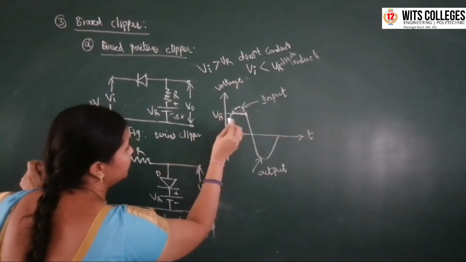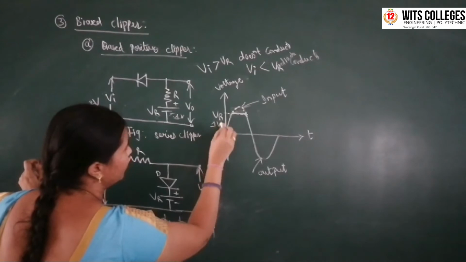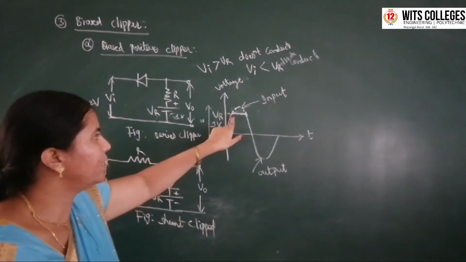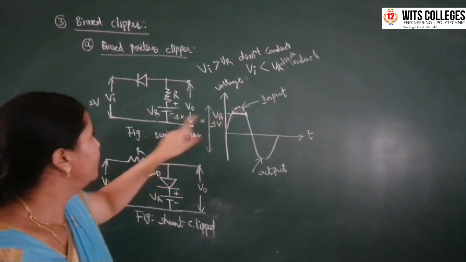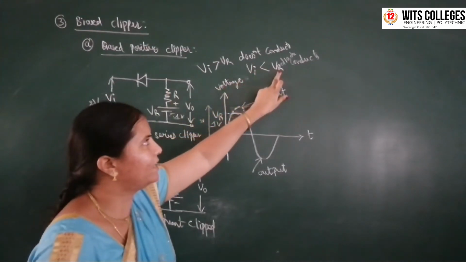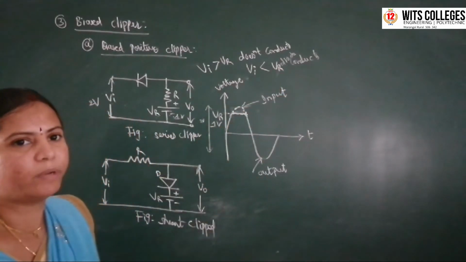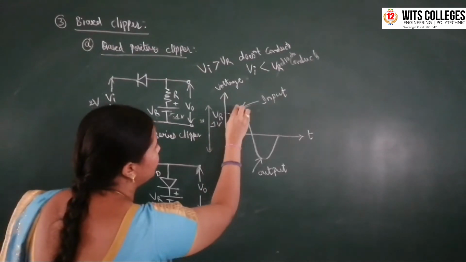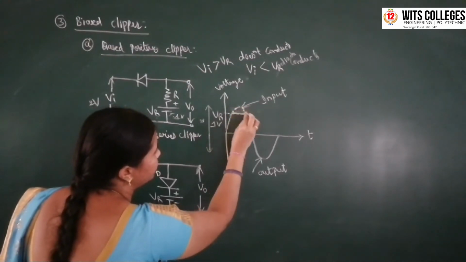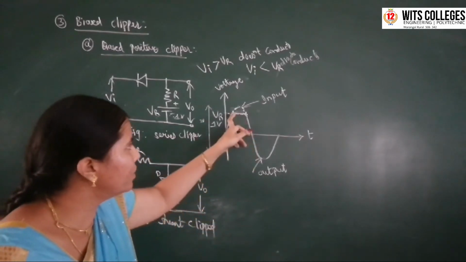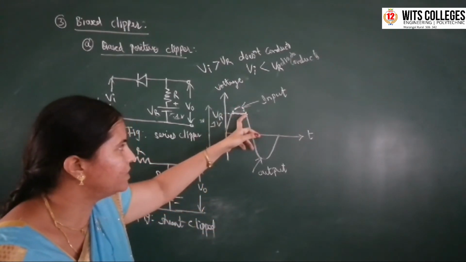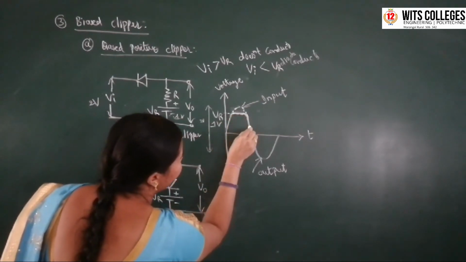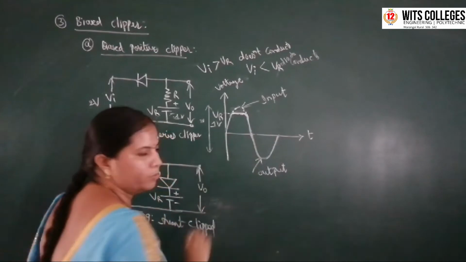This is the reference voltage, about 1 volt, but the applied input voltage is 2 volts. Up to Vr only the diode is going to conduct. When the applied input voltage is less than the bias voltage, the diode conducts, and it is used to remove some amount of the positive half cycle of the signal. So it is going to be clipped off here, and the negative half cycle also comes at the output.